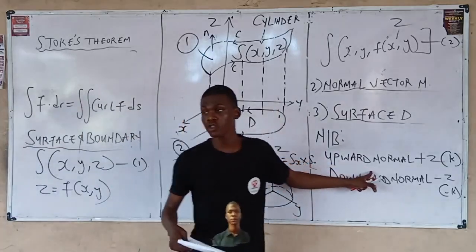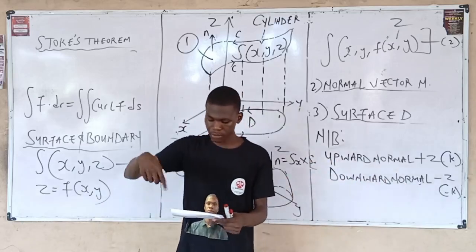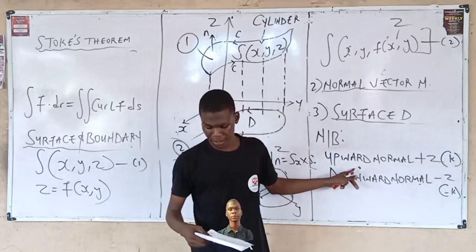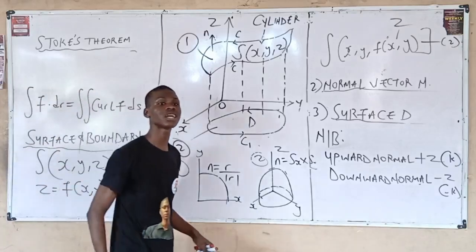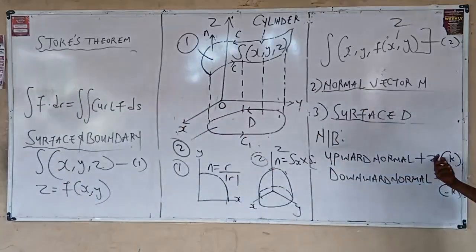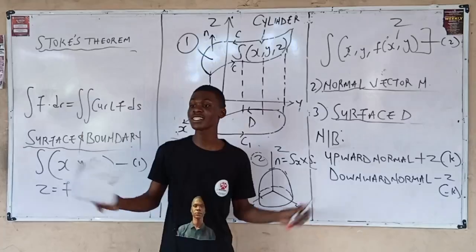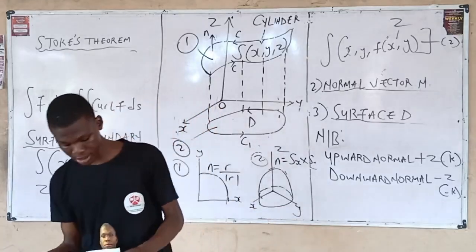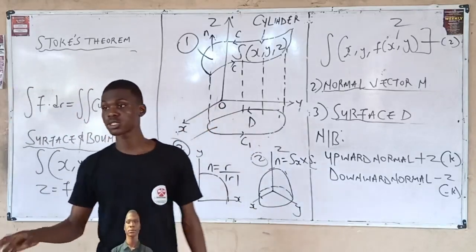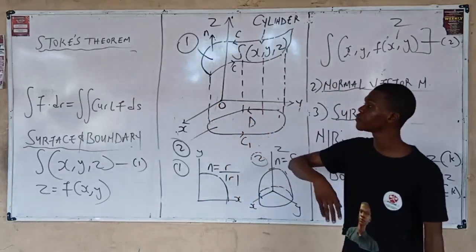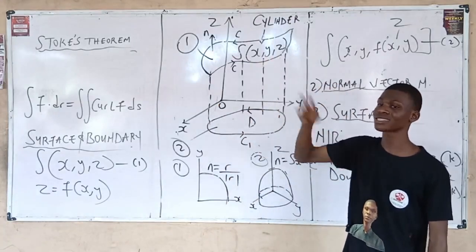And if it is positive, also take note. If your normal is positive, meaning the direction, C is moving in a counterclockwise direction. If it is negative, it is moving in a downward direction. This is everything when it comes to Stokes theorem, specifically the introduction. This is all we need to know when it comes to introduction. So far, we've seen Stokes theorem theoretically, practically, and